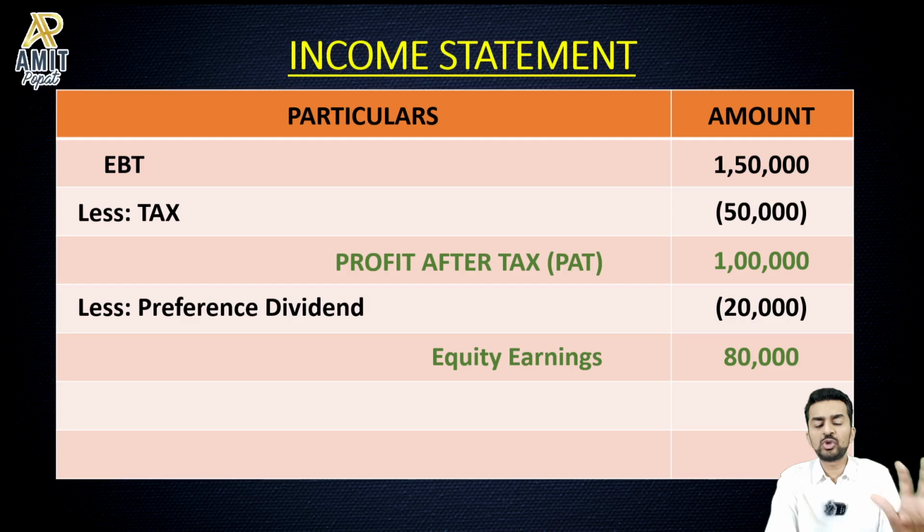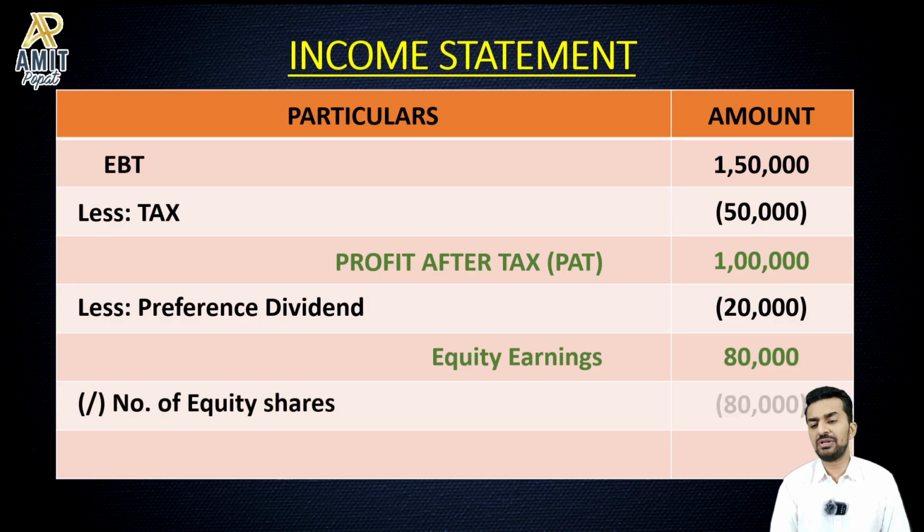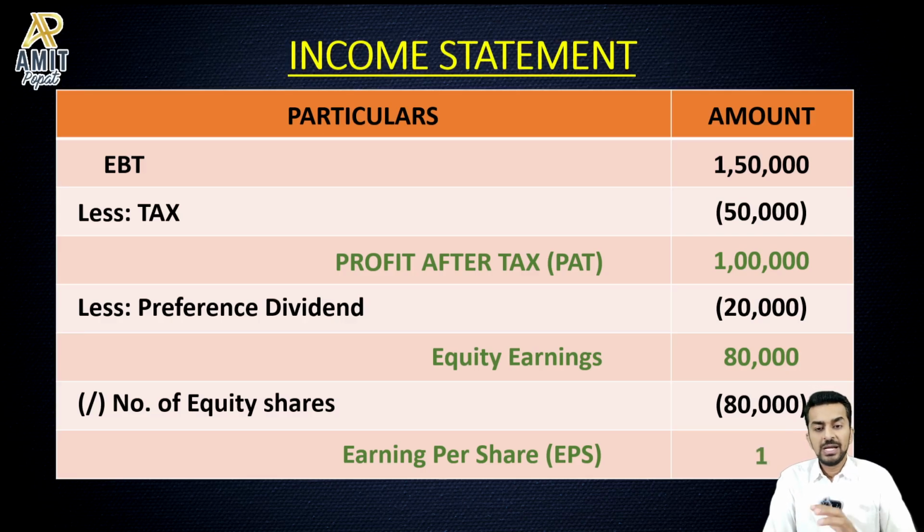So this is totally equity shareholders' earning, available at their disposal, and they can decide what they want to do with that. If I divide it by the number of equity shares outstanding, it gives me earnings per share. Now, EPS is a very, very important parameter while taking the investing decision when we talk about ratios. By the way, this itself is a ratio: equity earning divided by number of shares. We're going to talk more in the ratio analysis videos. But I hope you got a bird's eye clarity about what the income statement is all about.